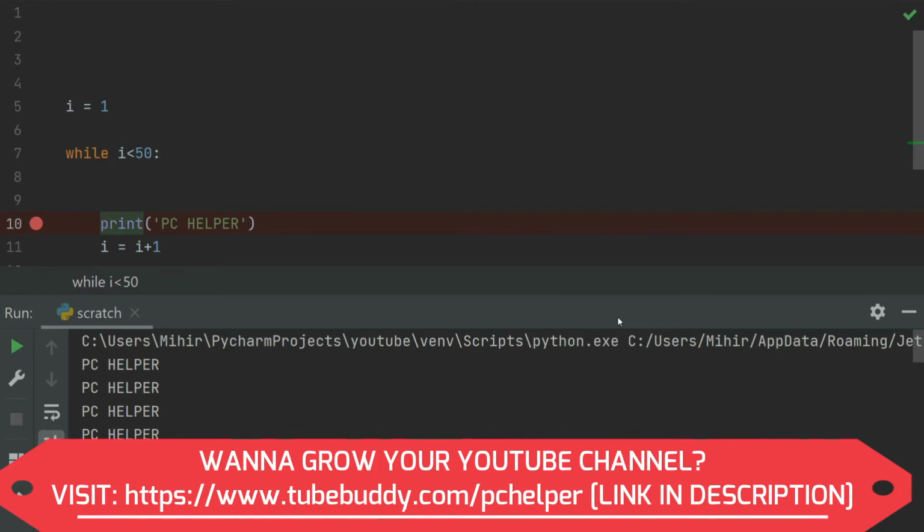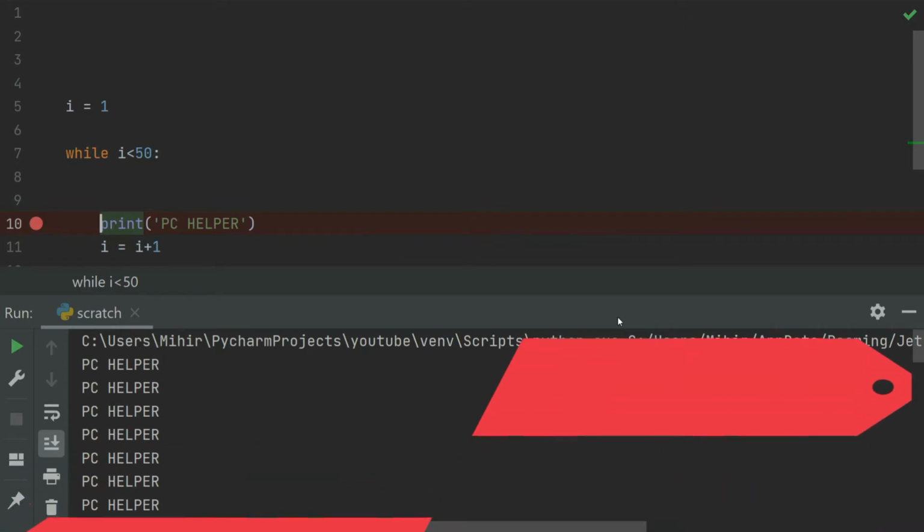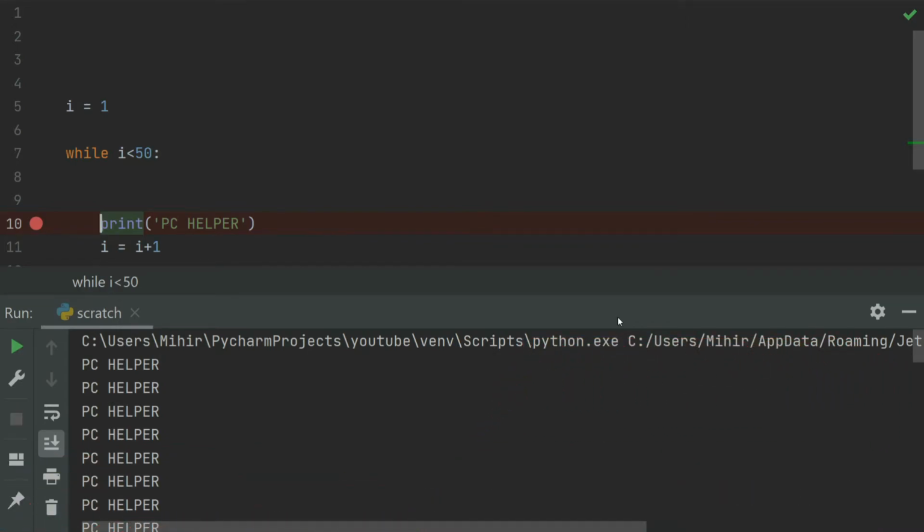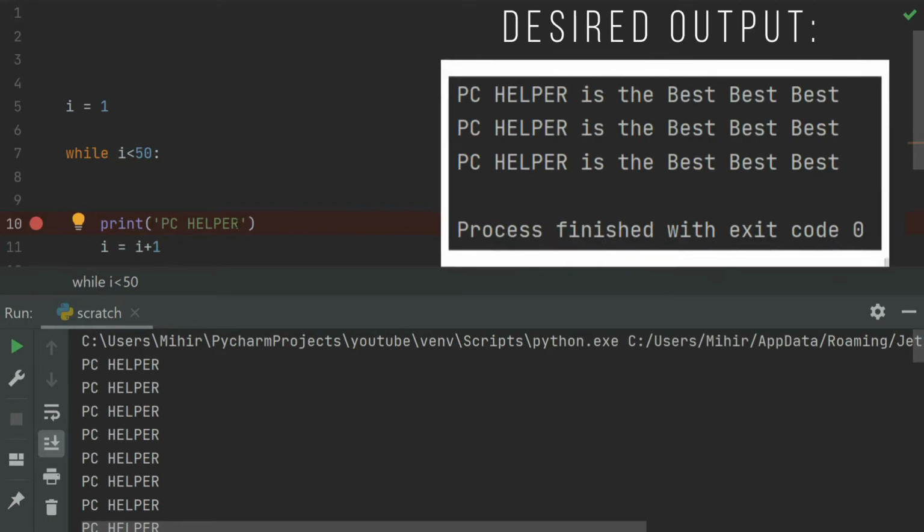So let's say we have to write a line of code again and again, but I want to give you an example of a nested loop. So what we will do is the first half of a text will be printed just like this, but the rest of the text will be part of another while loop. So if you want to print something silly like, let's say, PC helper is the best, and we want to print this line again and again, we can use a nested while loop. You will see an image on your screen right now, if I don't forget to add it while editing this video. Then you can see the output on your screen that we want from this code.